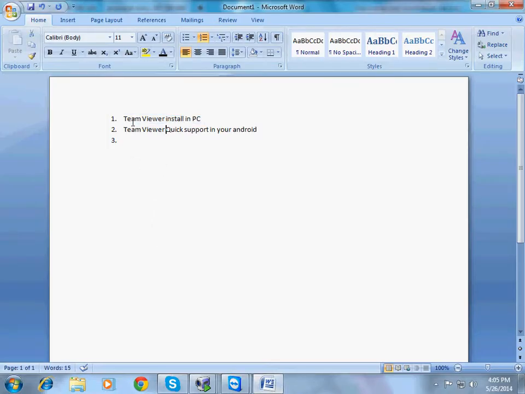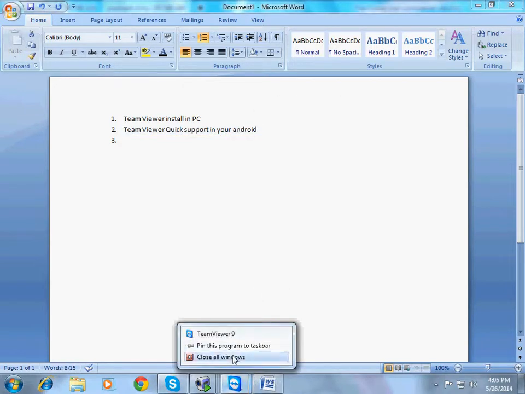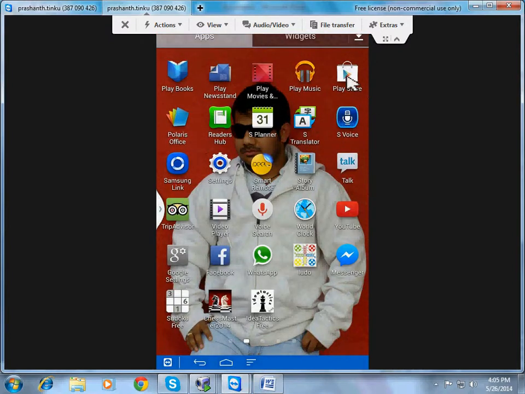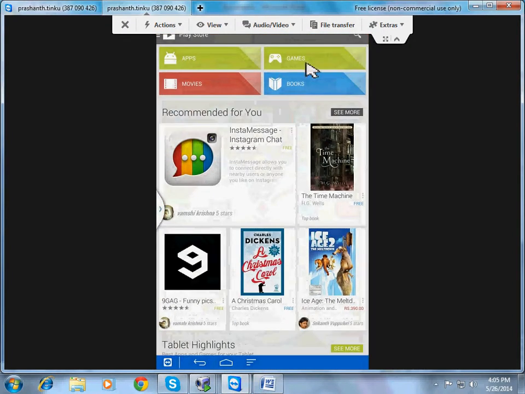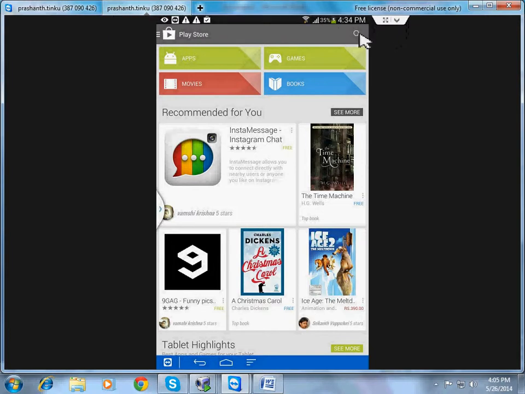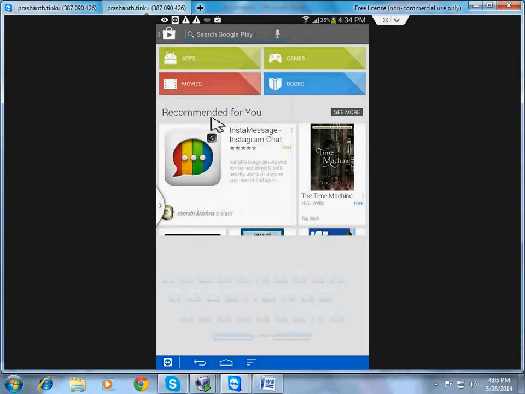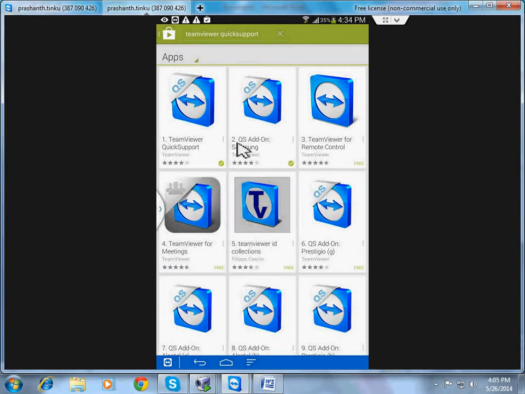Once you install this, go to your Android phone, go to apps, go to Play Store, and search for TeamViewer QuickSupport. Here you are able to see two things: TeamViewer QuickSupport and QuickSupport add-on for Samsung.